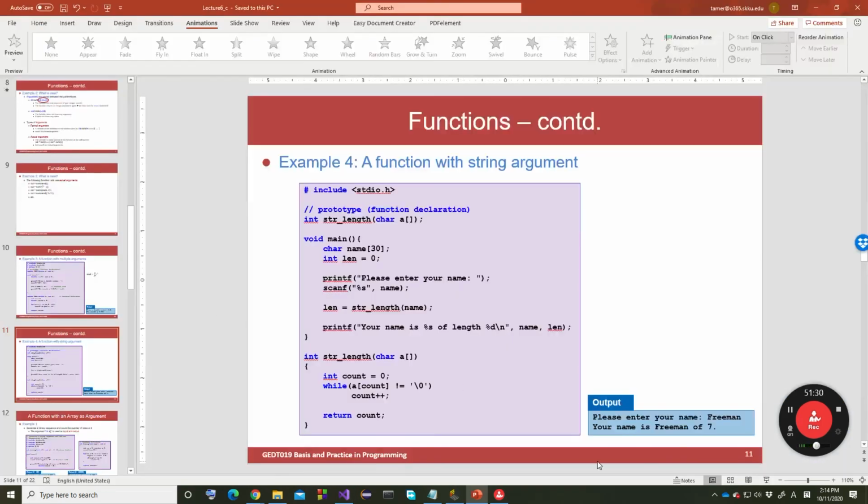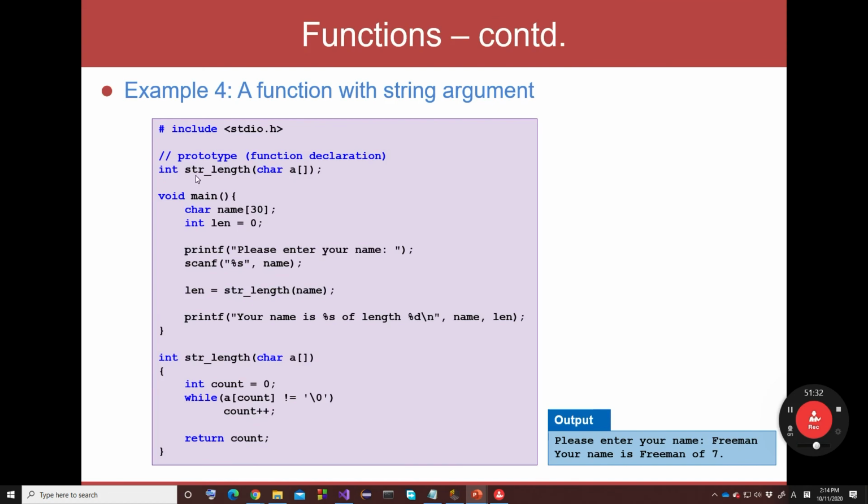Okay, another thing, let's go here to the function. This function is str length. This will calculate the length of the string. I have a string here, for example, I define some string, 30 characters. Then I define len equals 0, and then I will say read, please enter your name. So you will insert your name here as a string,